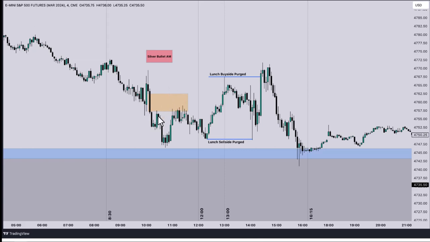So in this example, let's just say this created a fair value gap here. You would take an entry here because this is where equilibrium is, but you should expect it to have some sort of play within this fair value gap as well, because it's within the premium before going to discount. And then for going higher at that point,